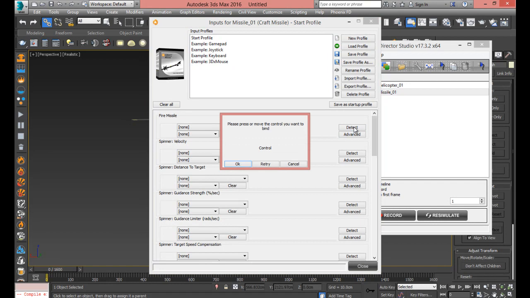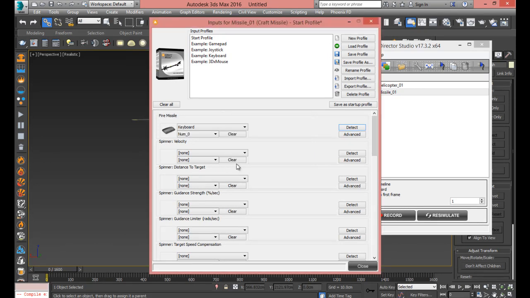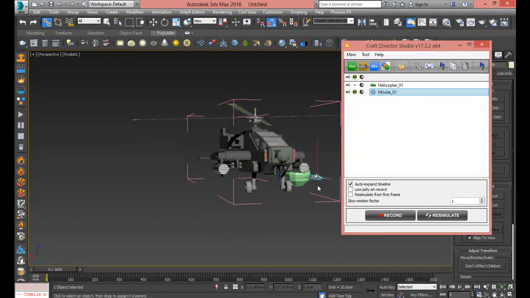Detect, and I'll use a numpad. I'll use number 0. Okay, on the numpad. Okay, hit OK. When you see num_0, it means the number 0 on the numpad, which is different than 0 on the keyboard. Okay, you guys probably knew that, right? Sure you did. Okay, it's in our scene,